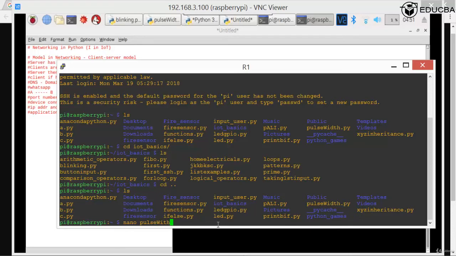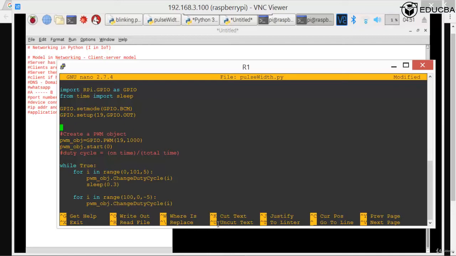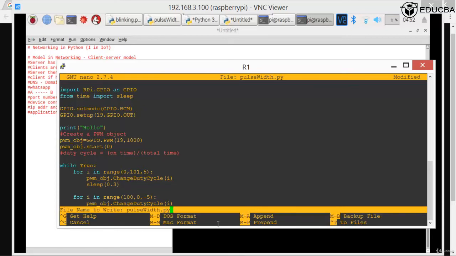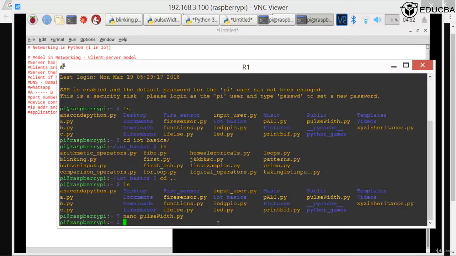I can open it using nano pulse width. This is an editor .py. Okay, I open nano. Oh, see, this is my file which I had written. If you want, you can make a change in this. Let me say I want to make a change. I'll put a print statement and say hello. Something like that. And then I need to save it. Saving is Control O. It asks, should I save it? The file name should be the same thing. Yes, no worries. Save it. Should I exit? For exiting, it's Control X. I'll exit out. So I'm back here.